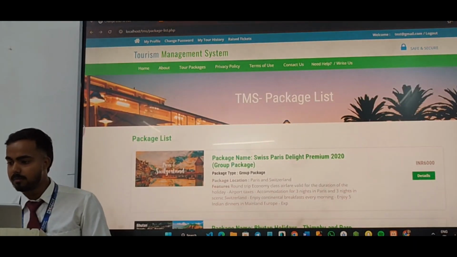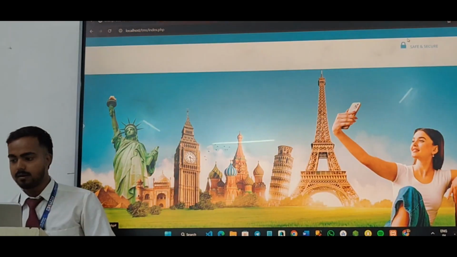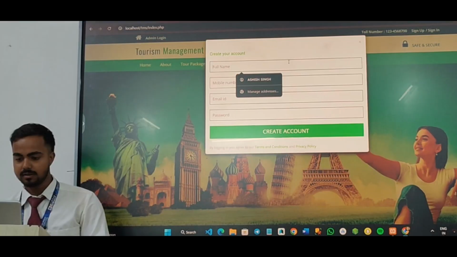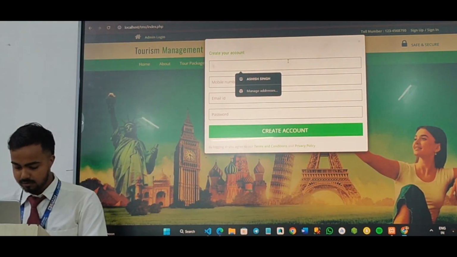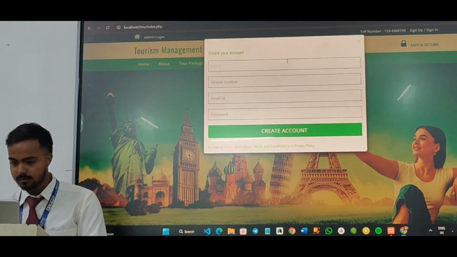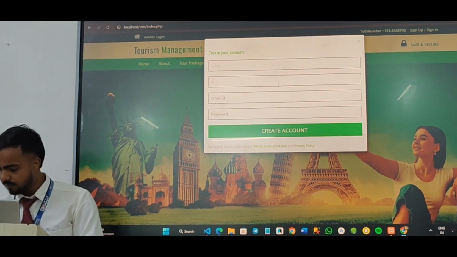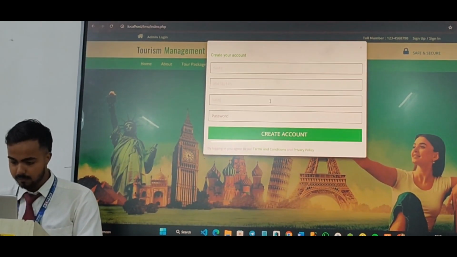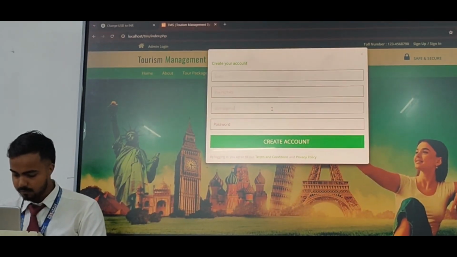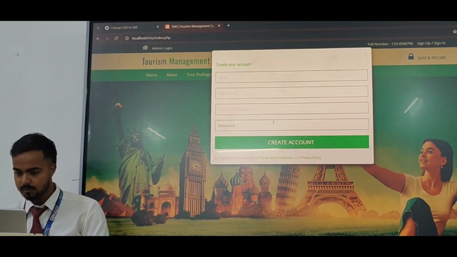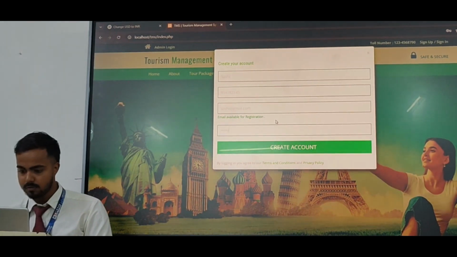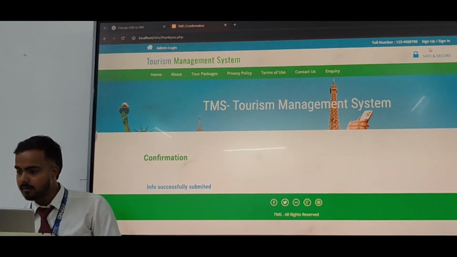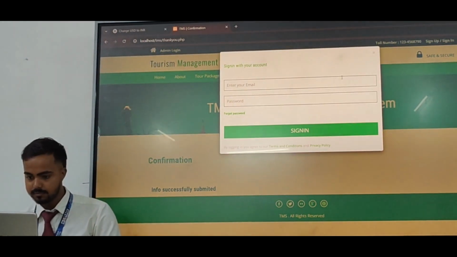If we want to make a new login, like a new account, then we can create a new account by going here. And here the new account is created, and now we will sign in to the new account.